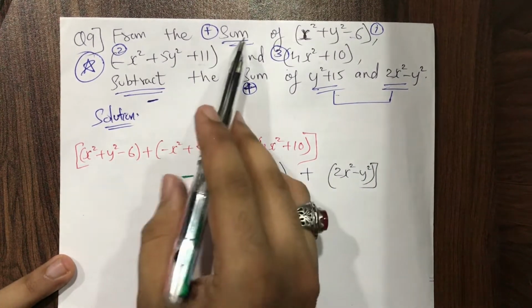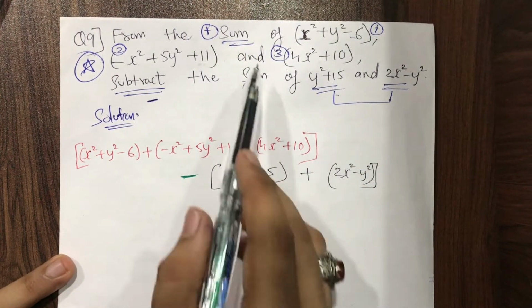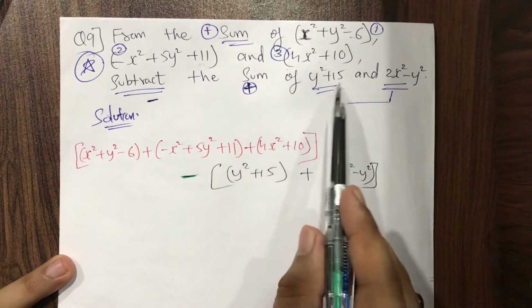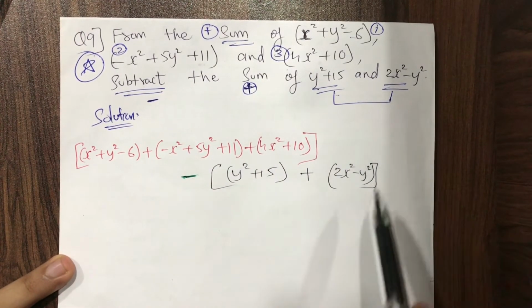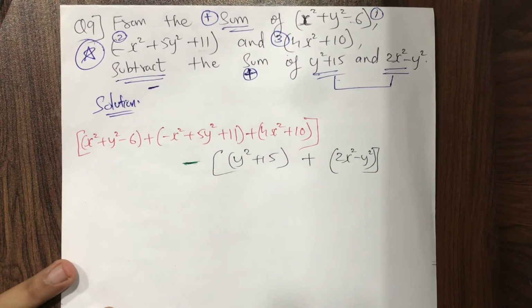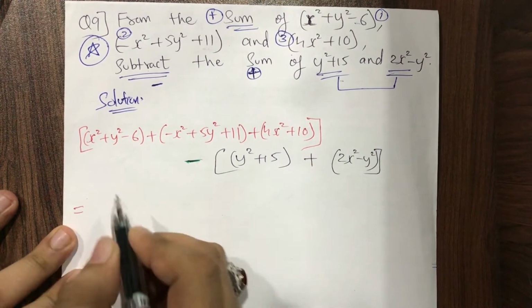Once again, from the sum of first, second and third bracket, subtract, so minus what? The sum of these two, so y square plus 15 and 2x square minus y square. Okay, so now moving ahead, is equal to,